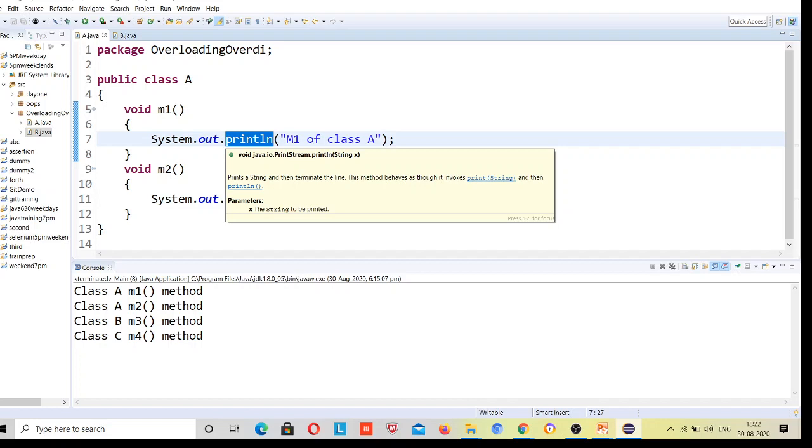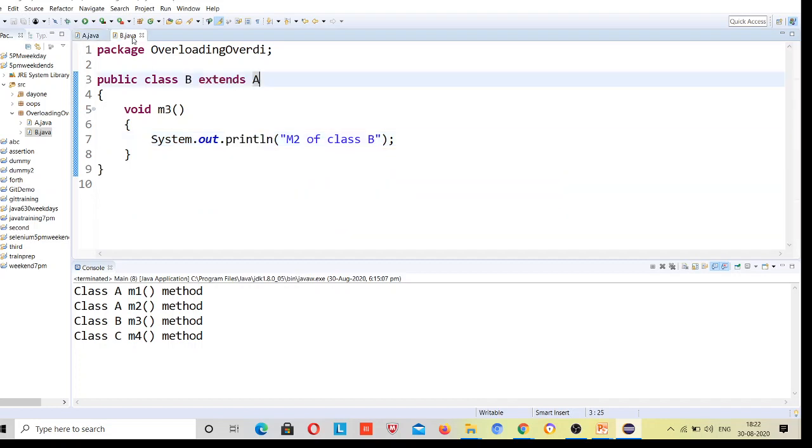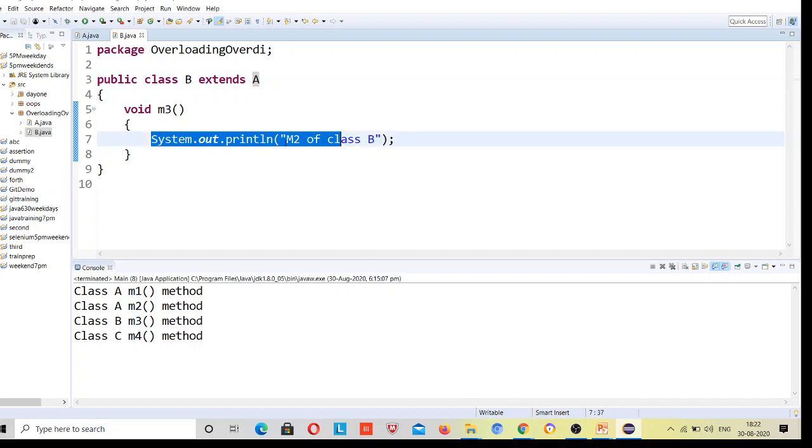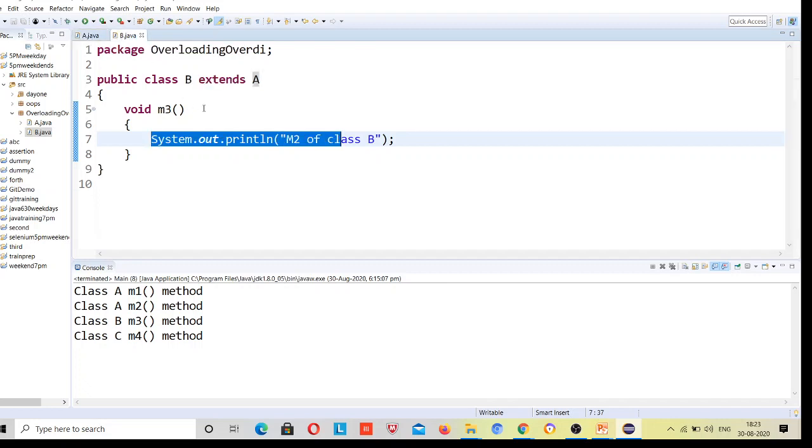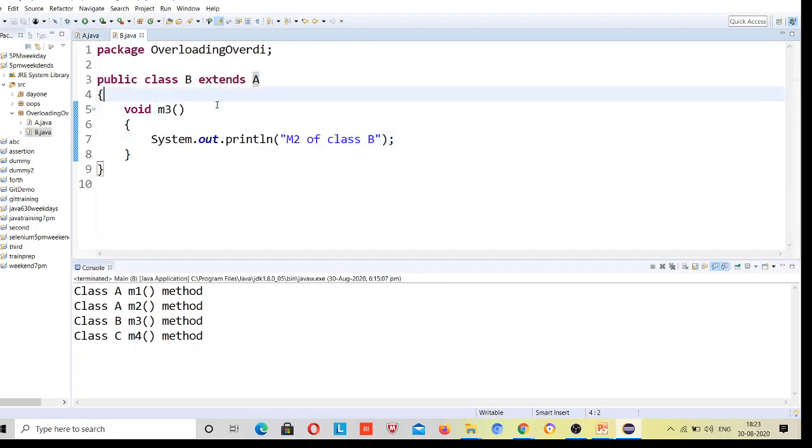So first understand the concept, don't go directly to writing hundreds of lines of code. Okay. So here class B has the m3 method. Now these m1 and m2 are present in class B, because I have performed the inheritance. So these m1 and m2 are present over here.